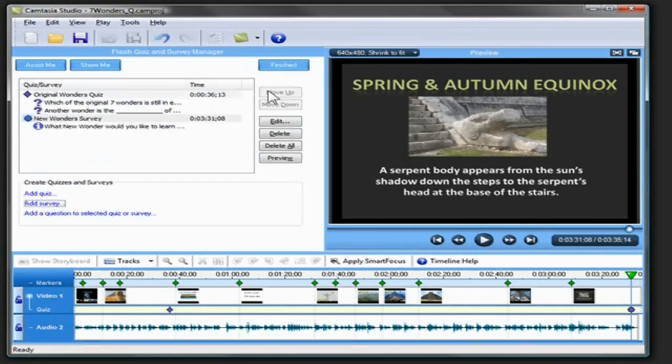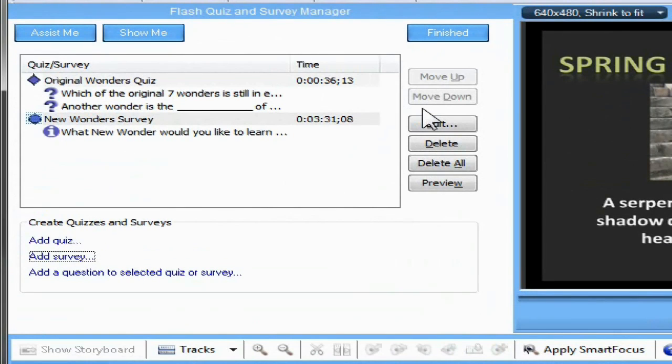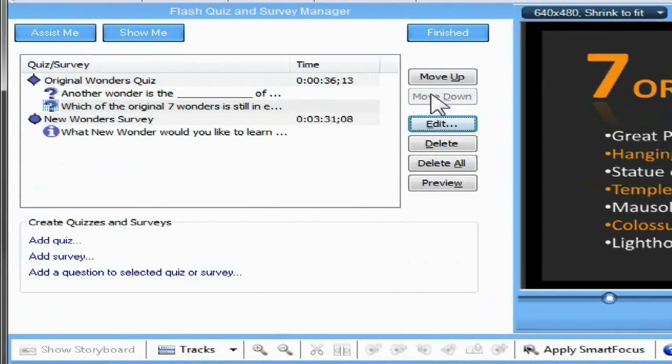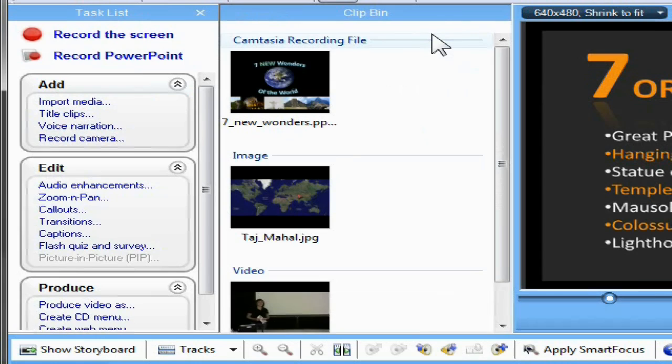Alright, you can now add additional questions to the survey or create new surveys and quizzes. If you want, you can also change the order of the questions of a particular quiz or survey. Simply select the question and use the Move Up or Move Down buttons to change the order. When satisfied with all the added quizzes and surveys, click Finish to close the dialog and return to the clip